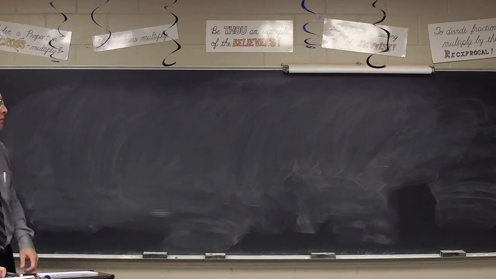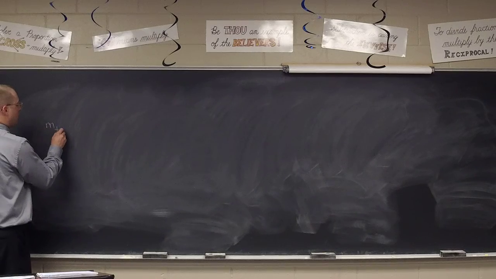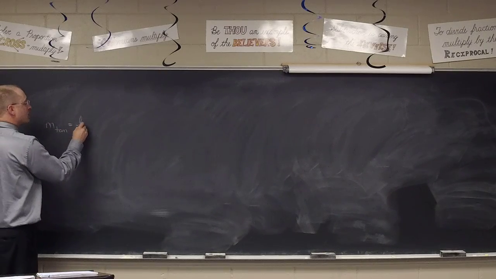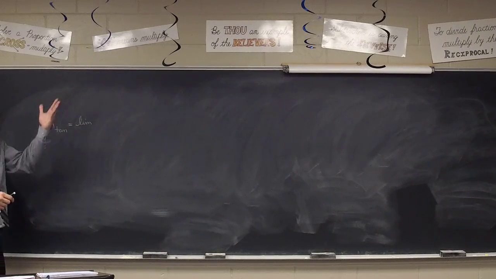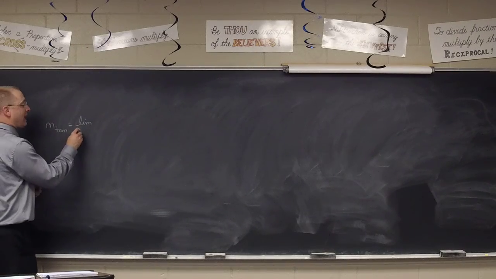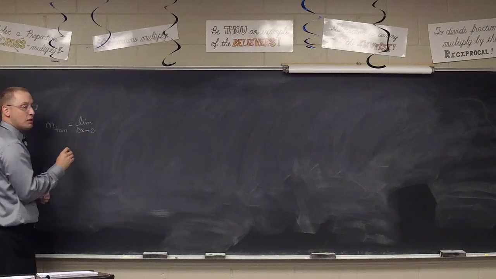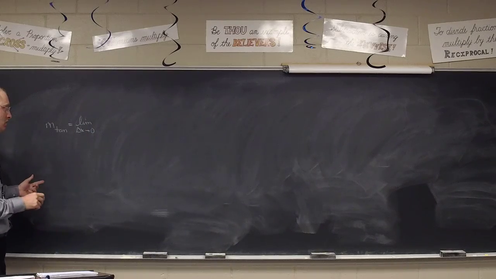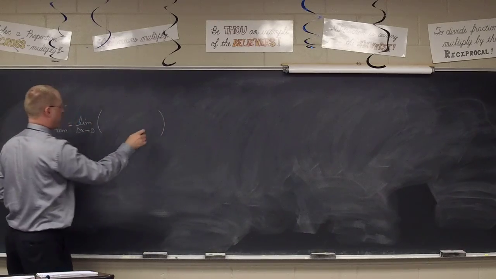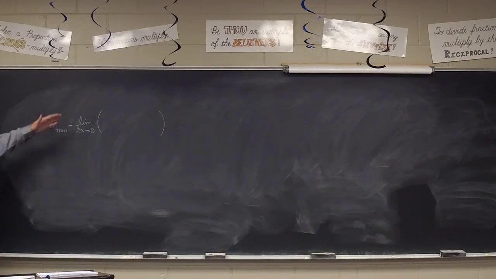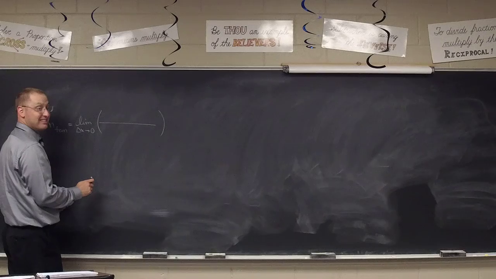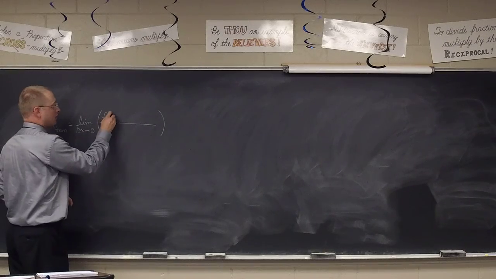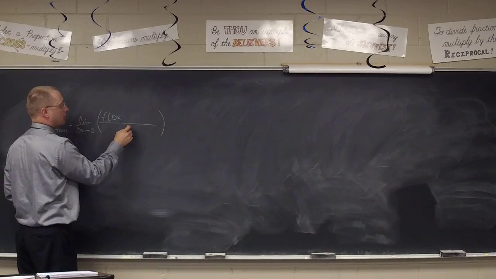And we had a formula we would use to find the slope of a tangent line, and it used a limit. The limit as, remember, slope is change in y over change in x. We said the change in x would have to approach 0 to get an accurate slope of the tangent. What was the rest of the formula? The slope of the tangent is the limit as delta x approaches 0 for f of delta x minus